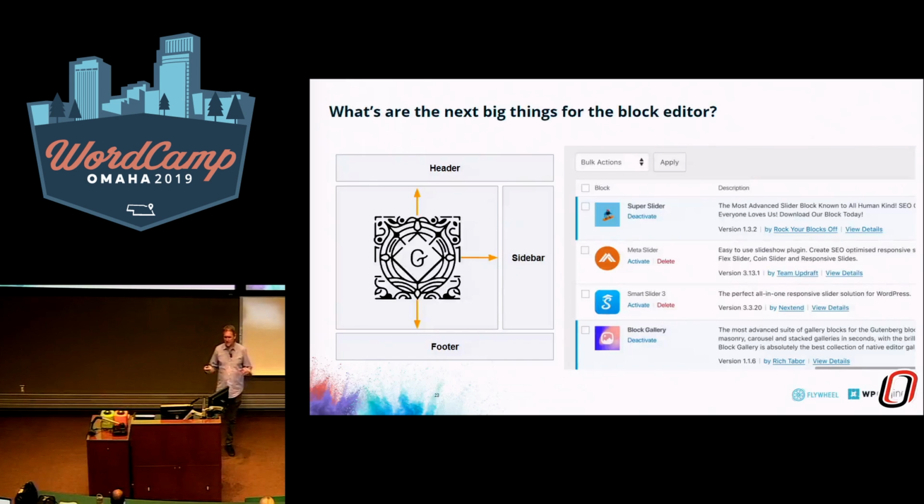So you might be thinking, what are the next big things for the block editor, for Gutenberg? There's all kinds of specifics. I'm not going to get into all that here. If you go to WordPress.org, you can find a post that announces each release of WordPress that's coming up and explains what the details are. If you really want to absorb the fire hose, join the WordPress core Slack channel. They talk all about all the different components within WordPress and what's coming up, and Gutenberg is certainly part of it. But I think the main thing to absorb here is that Gutenberg will extend to all parts of the